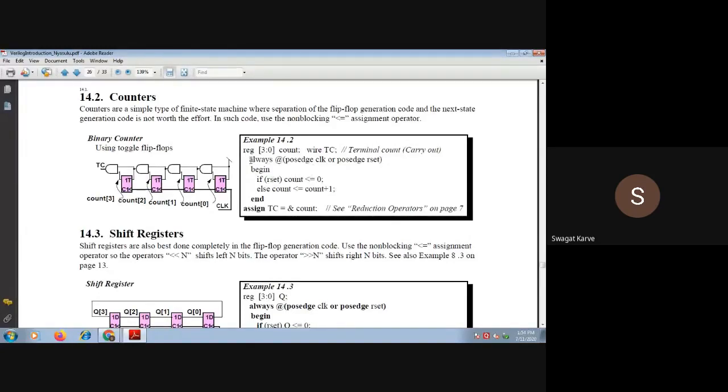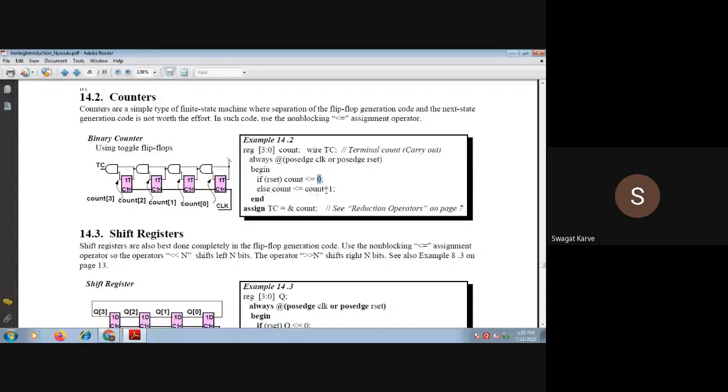Now we have to use the always block: always @(posedge clock or posedge reset). That means whenever a positive edge of clock or positive edge of reset happens, then if reset, count will get value 0. Means if you have applied the reset, then count will get the value 0.